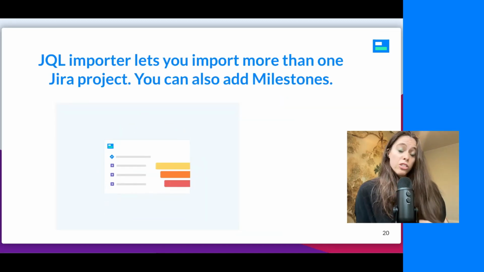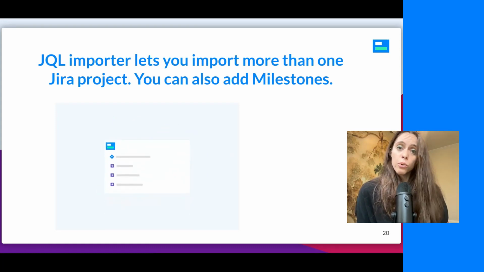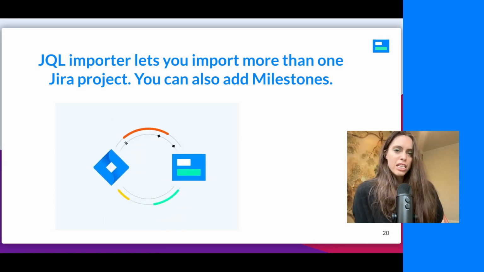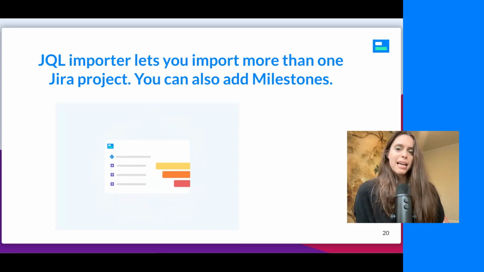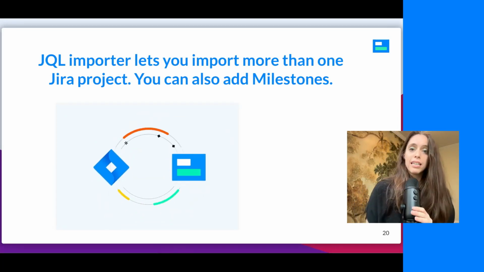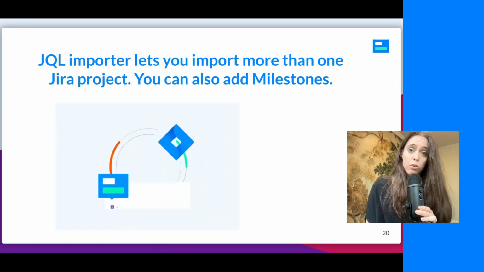Visor also has a JQL importer, which allows you to import more than one Jira project into a roadmap. Again, that was a more advanced roadmap feature. Even if you're on the free Jira plan or you're not on the premium plan, you can still do this. And you can add milestones, which is something that currently Jira does not provide in either of their built-in roadmap